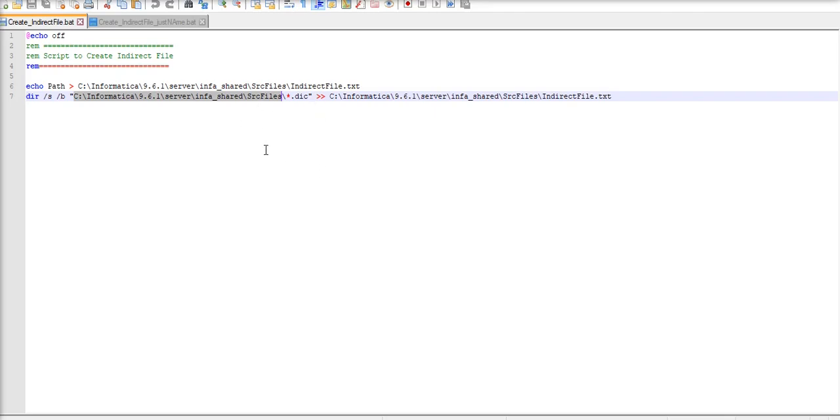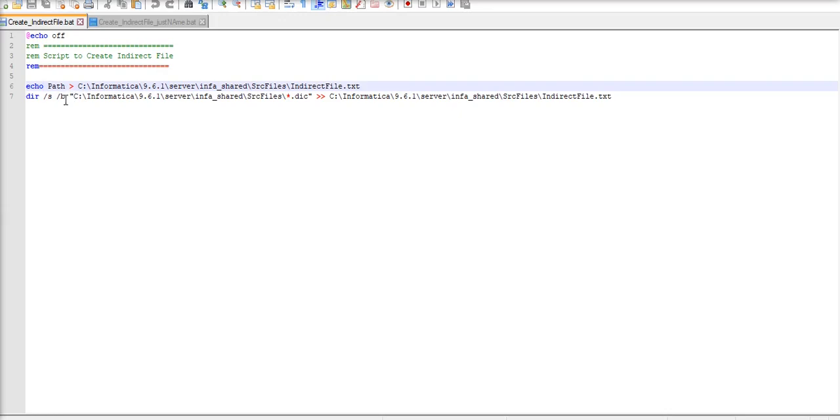In our case, we want to list all the files present in the source file directory which have the extension .dic. So I have given *.dic, and before this command I've also given one echo path command. What this will do is insert a header in the file before inserting the actual file names.